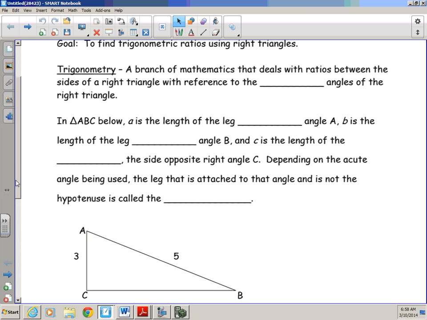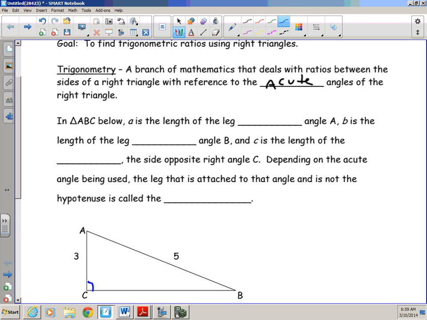What it deals with is finding angle measure and side lengths using ratios, and it's dealing specifically with a right triangle. It's a branch of math that deals with the ratios between sides of a right triangle with reference to the acute angles of the right triangle. If you take a look at the triangle here below,